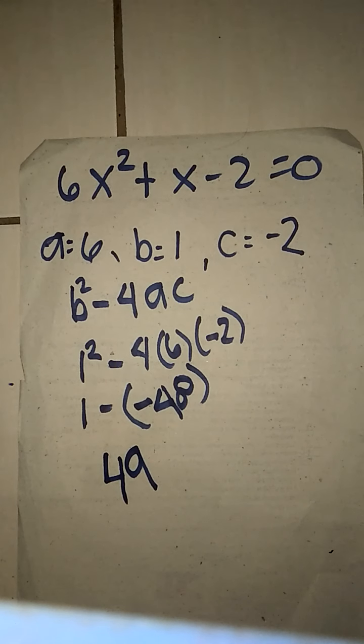Okay. Right, 49 is greater than 0? 49 is greater than 0 and a perfect square. So, what is our roots? Yes, roots. What are the roots? If greater than 0